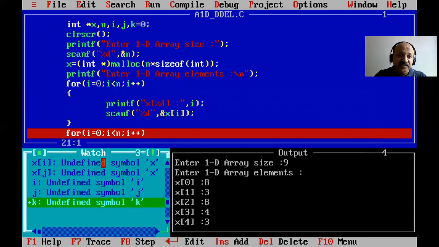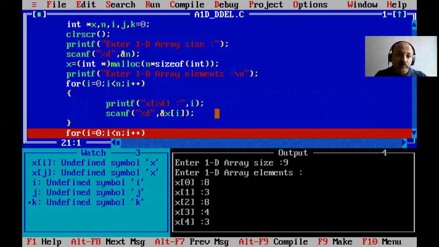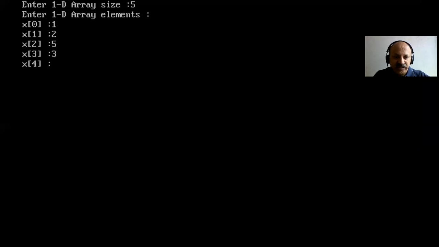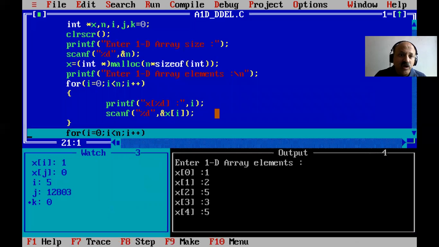So yes, 3 indexes we have to use, and 3 for loops, that is the logic possibility. So I press Ctrl F9 directly, and we can first scan. So yes, I give only 5 elements we can check in the watch window. So let us take our previous example 1, then 2, 5 repeat, and then 3 and 5 repeat. So 5 appears 2 times. So that is the reason how it is possible.